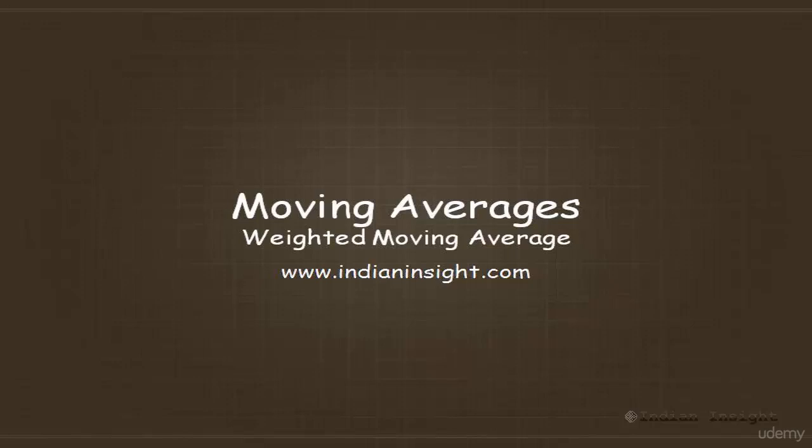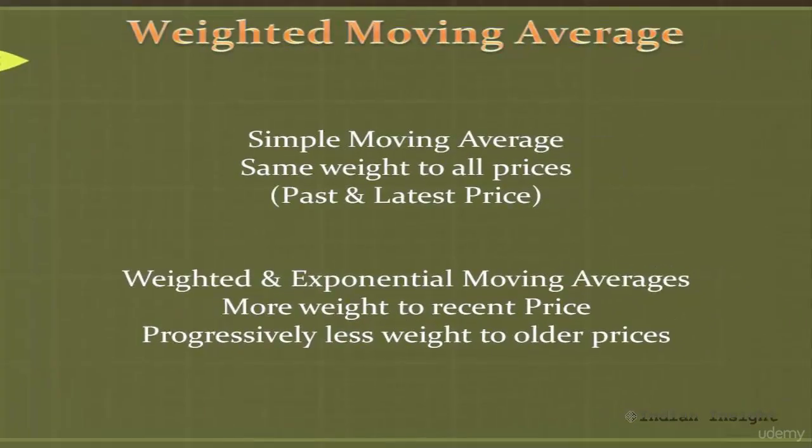Welcome back. Now in case of simple moving average, we saw that the recent prices receive the same weight as past prices. This implies that the latest price changes, which actually reflect the latest information, is not reflected fast enough in the moving average. By assigning the same weight to the latest price and past price, effectively one is giving the same weight to past information and the latest information. But as you can understand, the latest information should be assigned more weight because it may provide a more accurate picture of supply and demand.